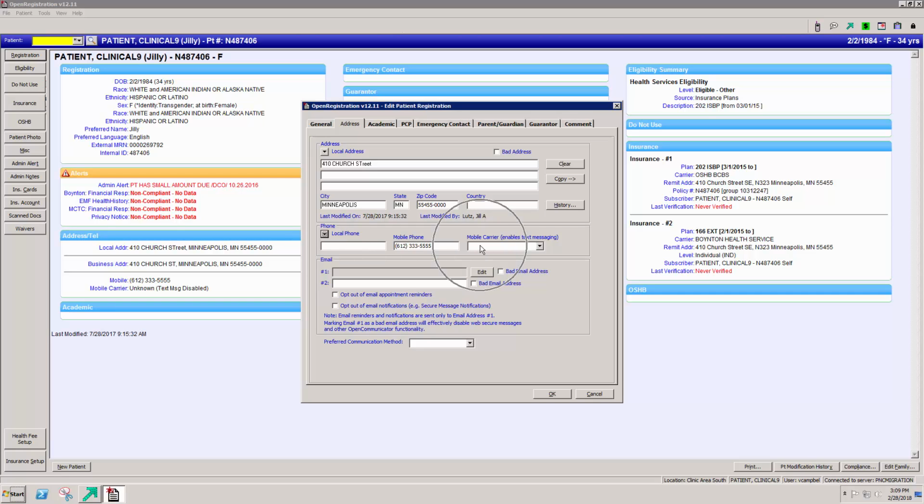If the patient would like to receive text messages regarding their appointments, you can enable the text messages. The email address will populate from PeopleSoft if the patient has registered as a student on campus. This is usually their university email address. You can edit their email address by selecting the Edit button. I will not be going through the additional tabs at this time. I will be selecting OK